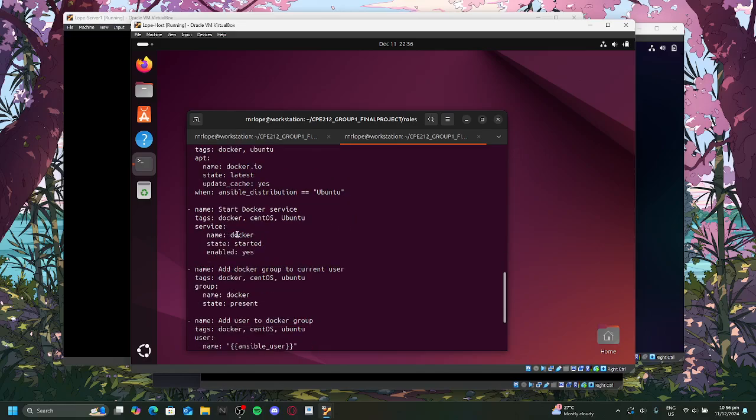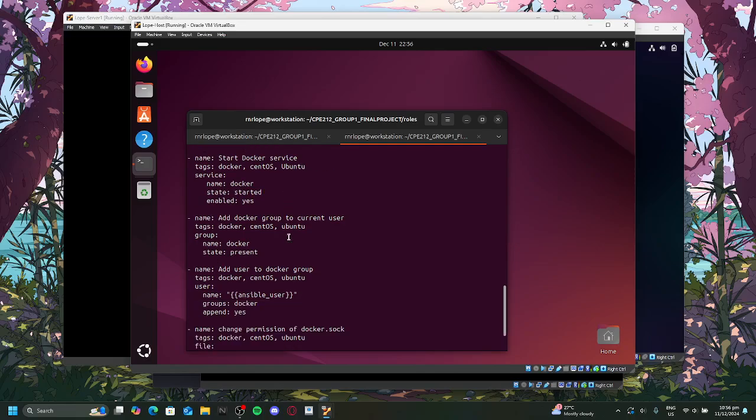We also need to start the Docker service. We set the state to started, and we also enable it so that it can start running.